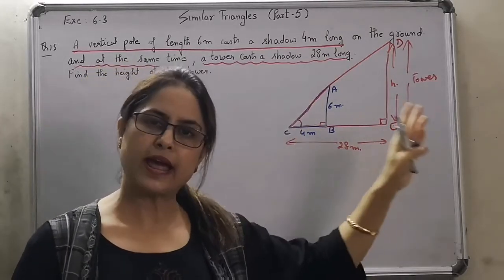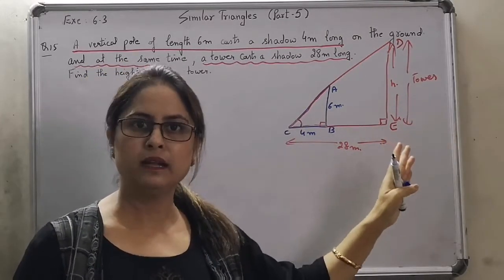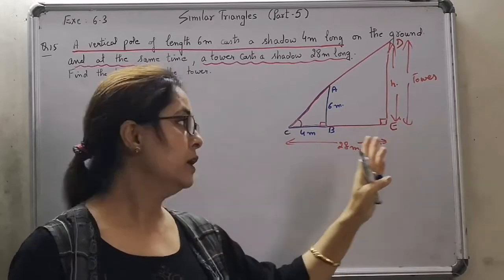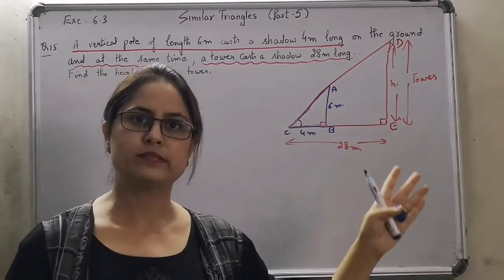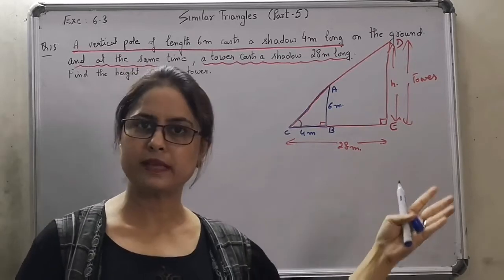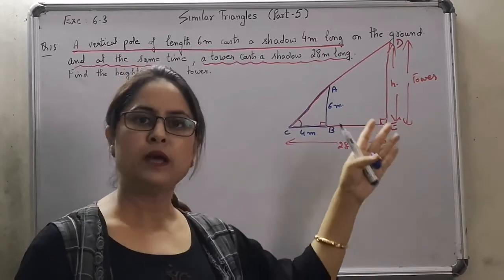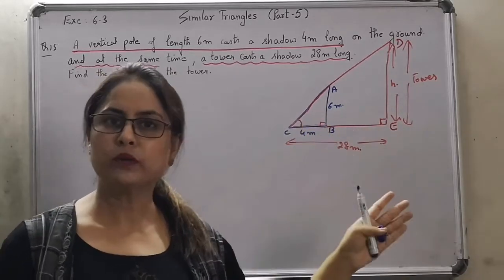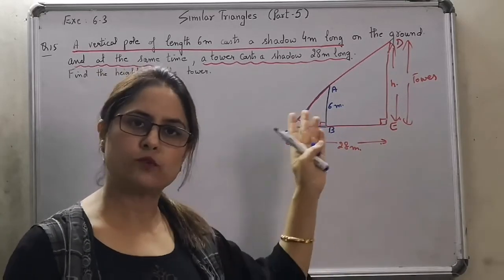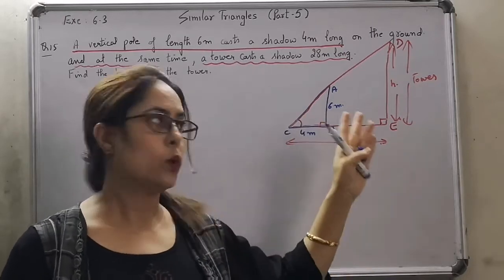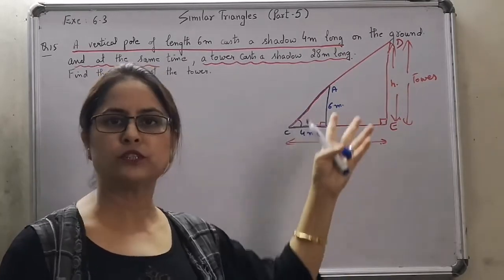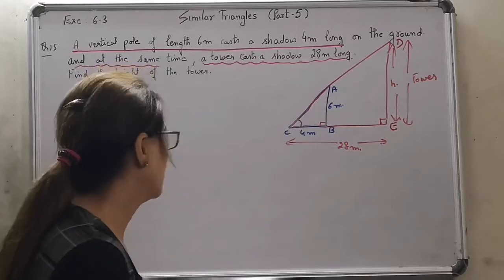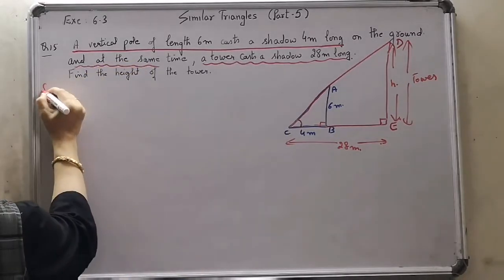It means these two triangles are similar by angle, and since the triangles are similar, we can take the help of the concept that the corresponding sides are going to be in the same ratio. Using that ratio concept, we will be able to find out the height of the tower. But before that, we have to mention what is given to us. We have drawn the figure. We have to mention what is what in the figure and what the abbreviations are standing for. Now let's move to the solution part.